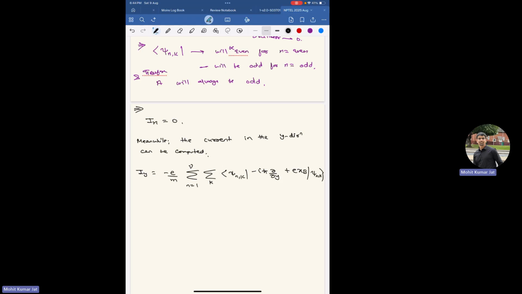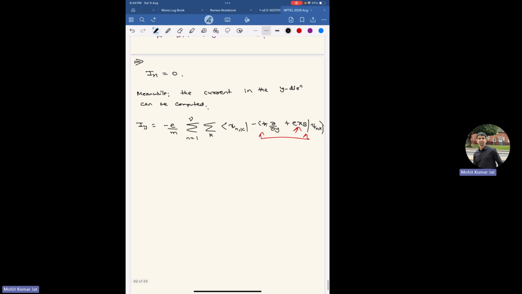You know why this additional term comes: this is essentially coming from your Landau case. If you take it, this will go like Iy equals minus e by m, sum over n equals 1 to nu. Your first term, i h bar del by del y, will go to 0, as we discussed for i h bar del by del x. But the second term will survive, and it will be psi n k, e Bx,